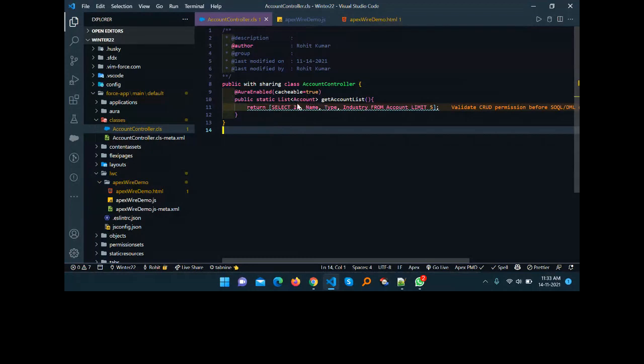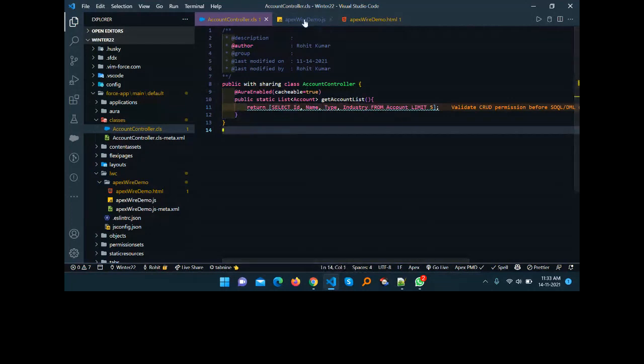You know very well all these things, but for your knowledge, or for some brush-up purposes, let me share all these things. That's why I'm showing this. Here you can see under the return statement, I already wrote some SOQL: select Id, Name, Type, Industry from Account, with a limit as well. So this is my backend code, the Apex class, right?